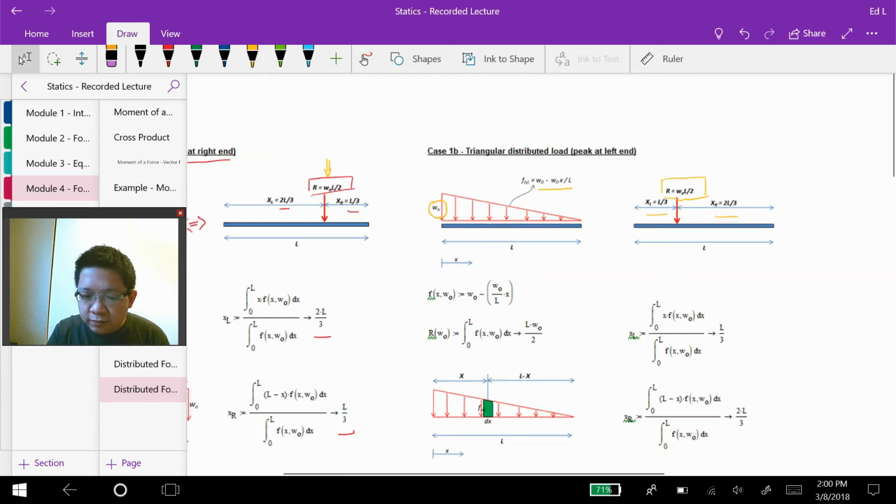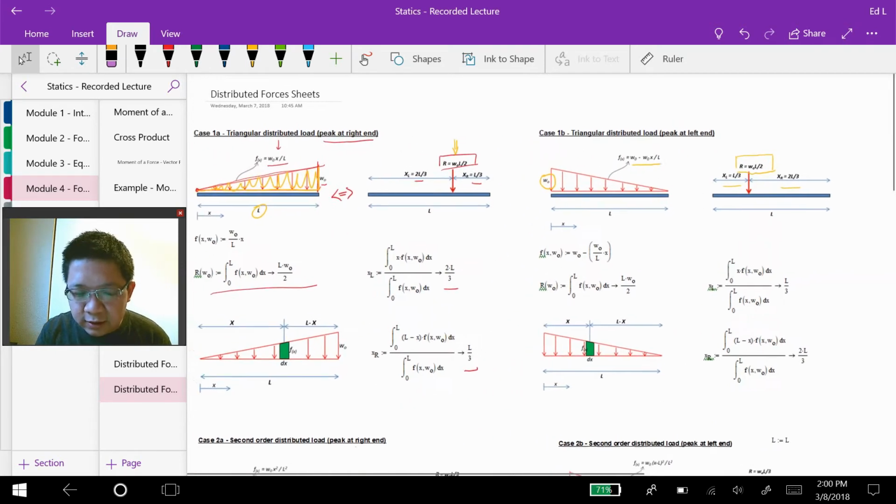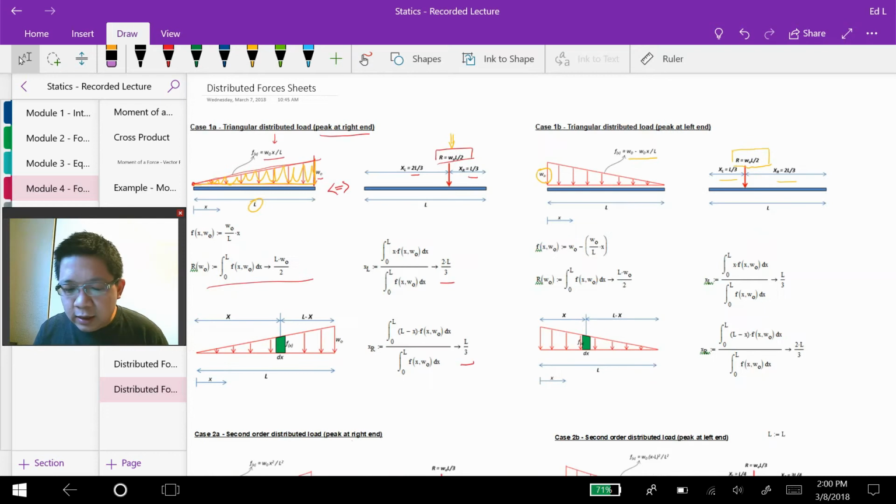So you can observe from this first case in here, case 1A and case 1B, that the resultant force R is closer to the end of the beam with the highest intensity. Okay, so in here, if the W naught is located at the right end, R is closer to the right end. Okay, you can see from here and here. Okay, and if the highest intensity is at the left end, R is located closer to the left end, as you can see from XL and XR in here. Okay,